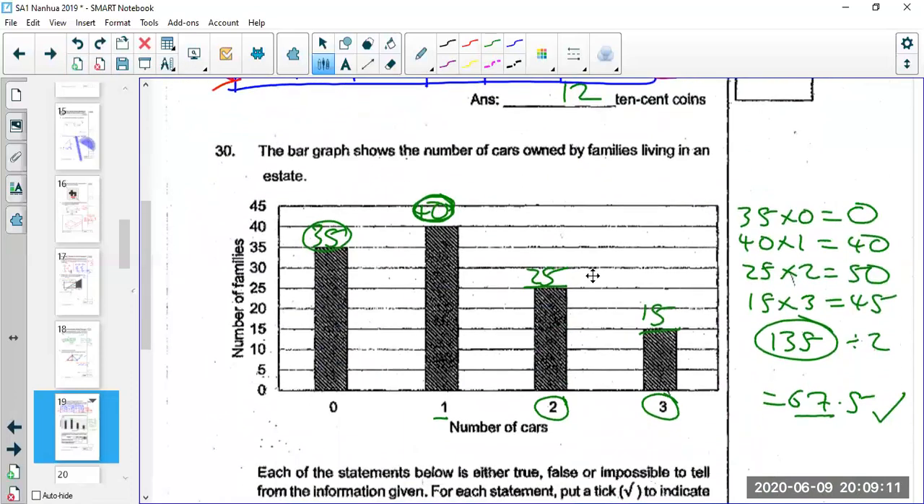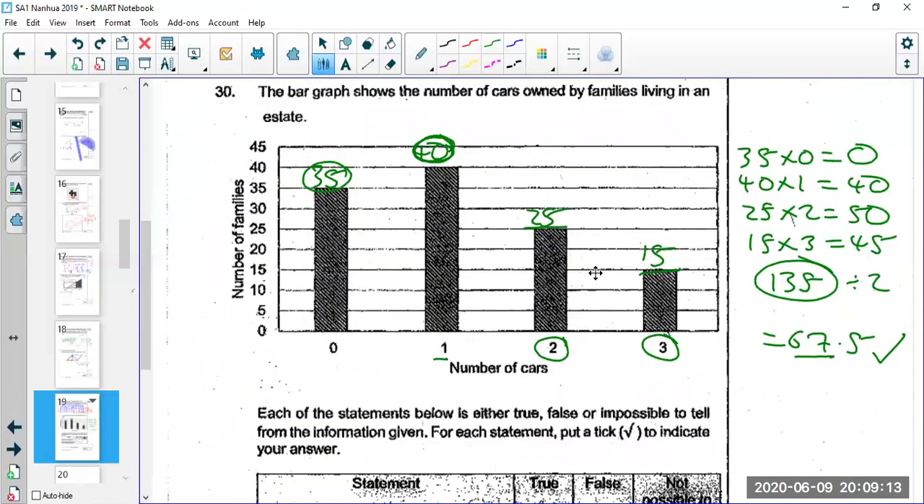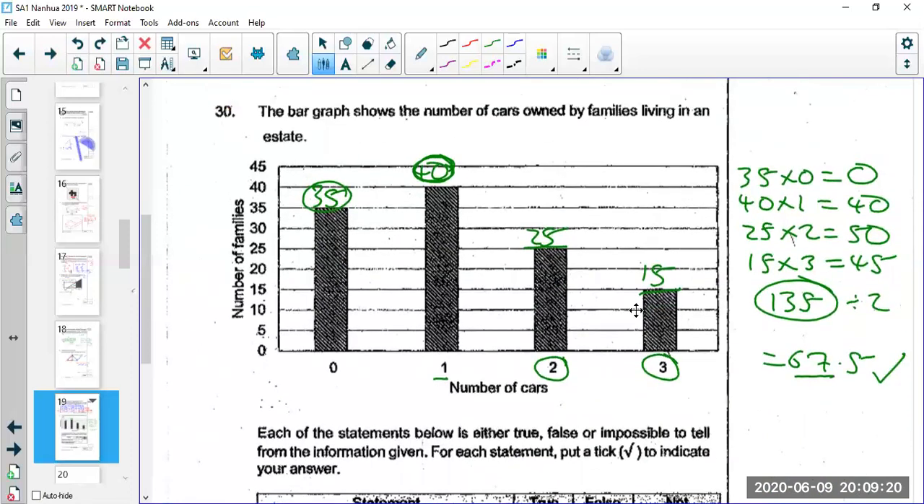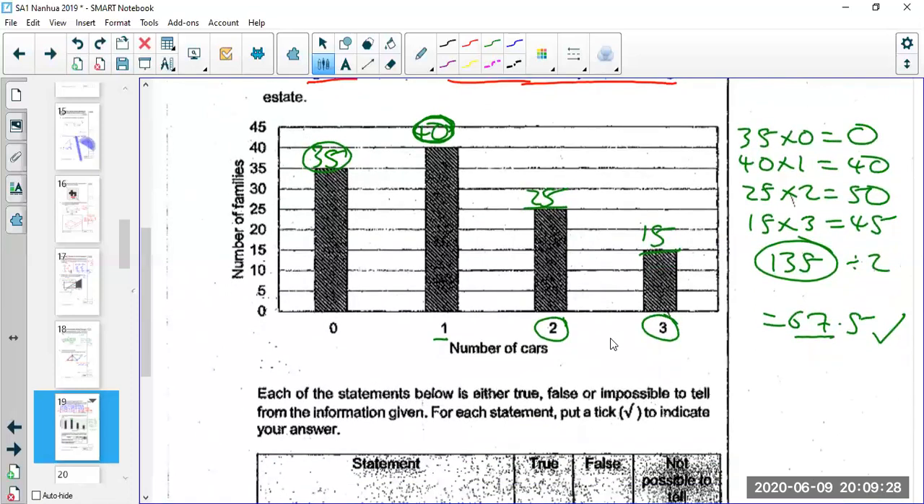Okay, let's erase question 30. Now, question 30, you can see, okay, actually the steps are given there already. Okay, let's use the steps. You read the question. The bar graph shows the cars owned by families living in an estate. Now, this one can be very tricky, right? Why tricky? So if you look at the families,